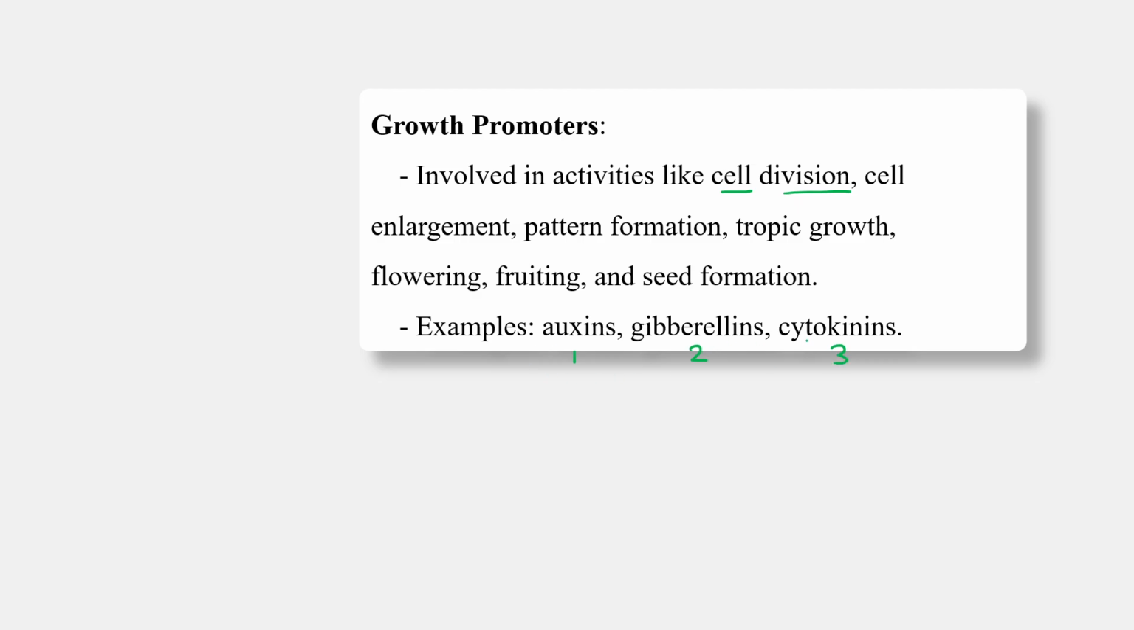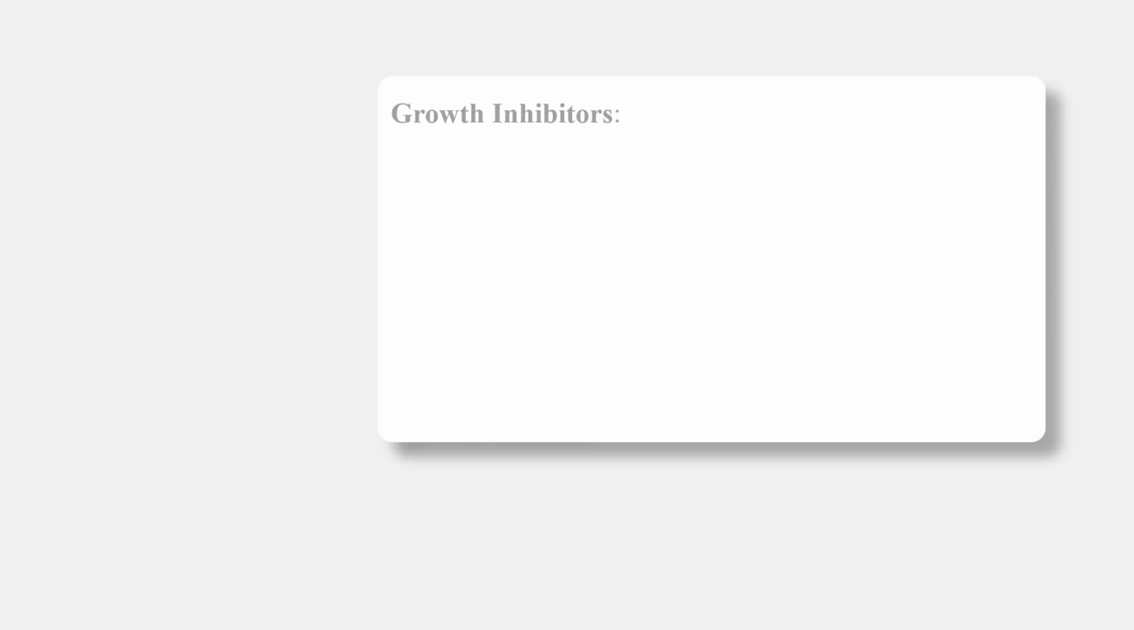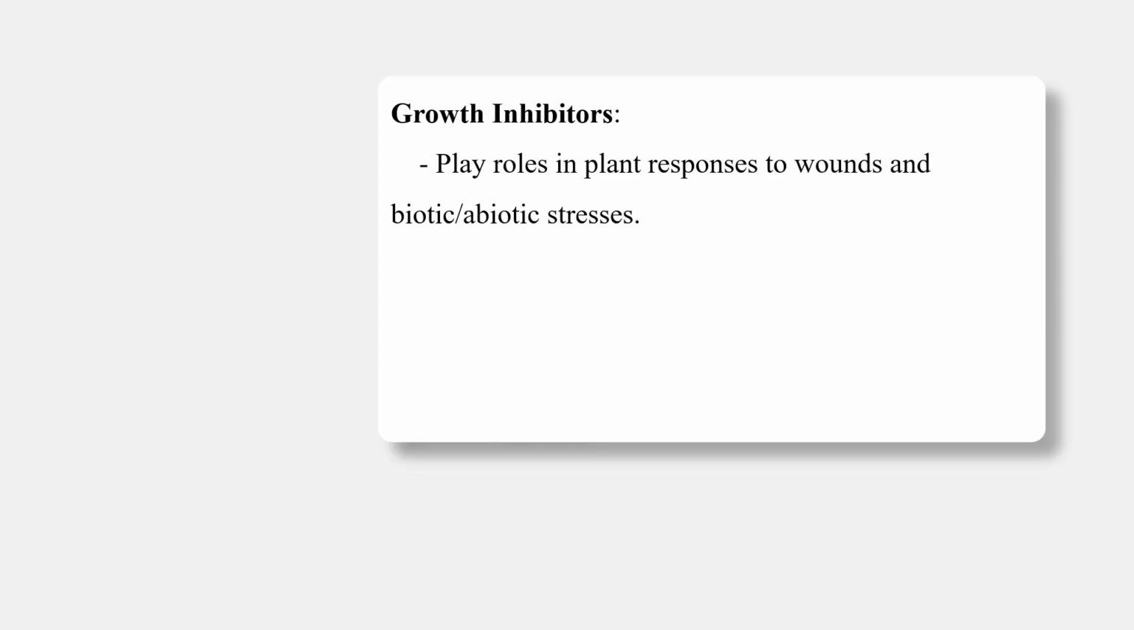Auxin, gibberellin, and cytokinin act as growth promoters. They are all involved in cell division, cell enlargement, tropic growth, flowering, fruiting, and seed formation. Some inhibitors are involved in abiotic or biotic stress conditions. If a plant responds to a wound, or to a biotic or abiotic stress condition, those responses come under the